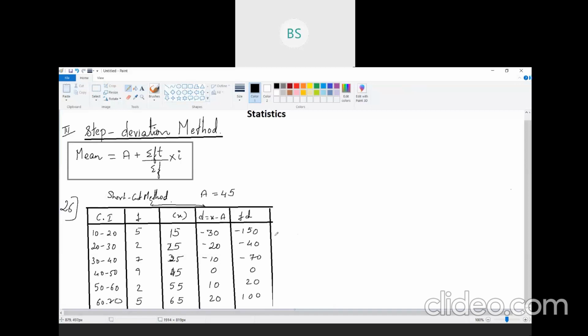So this will give us minus 260 and this is plus 120. So we get sigma fd is minus 140